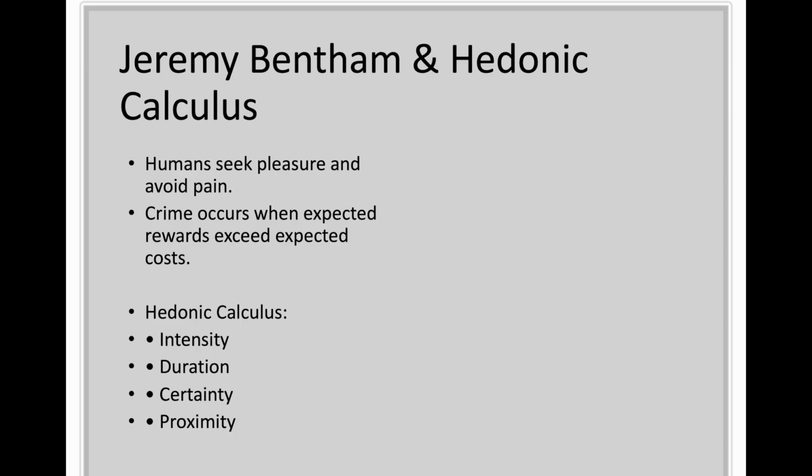Now, Bentham's framework matters because it gives deterrence theory its decision-making logic. Crime is not random, crime is not simply evil, crime is not only pathology, crime is behavior that can be influenced by incentives. But we still need to be careful here because Bentham's model can sound overly rational if we take it too literally. Most offenders are probably not sitting down with a calculator before committing crime. I think it's fair to say that most offenders are not formally estimating expected utility with their crimes.